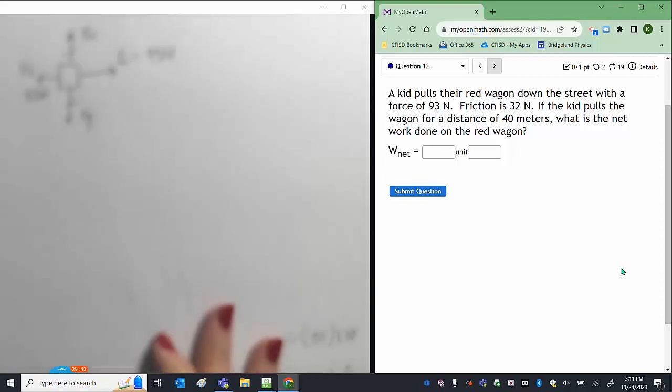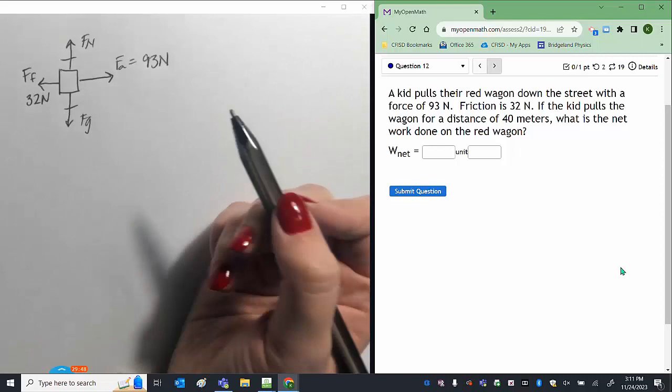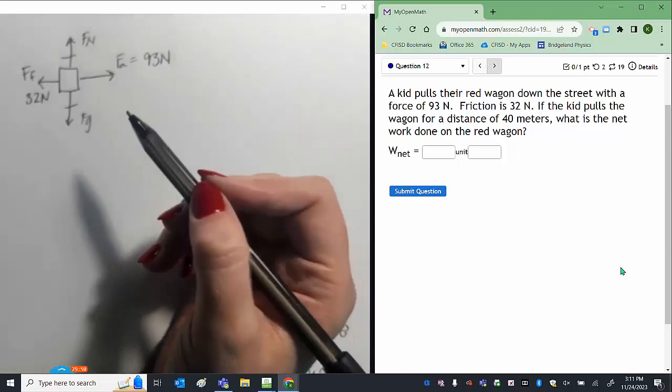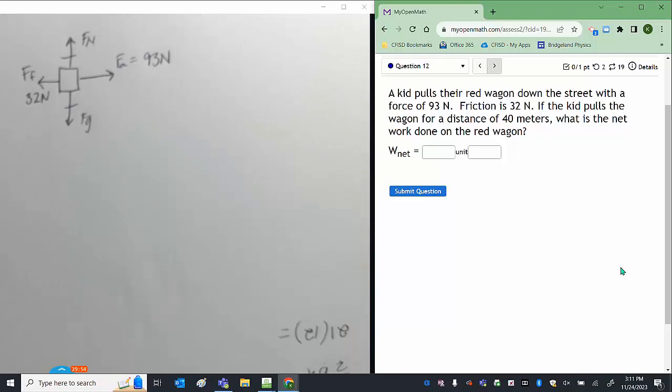Okay, now could I find the values of this? Not with the information I have, actually. I don't know Fn or Fg. They didn't give me a mass, so I can't even get numbers for those, but I don't need them. Okay, if I want to determine the net work being done, I just need the net force multiplied